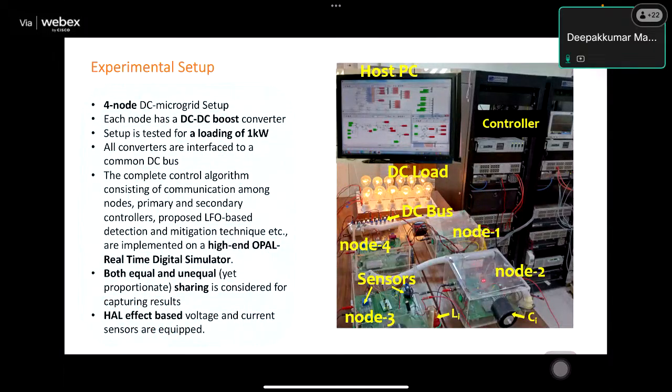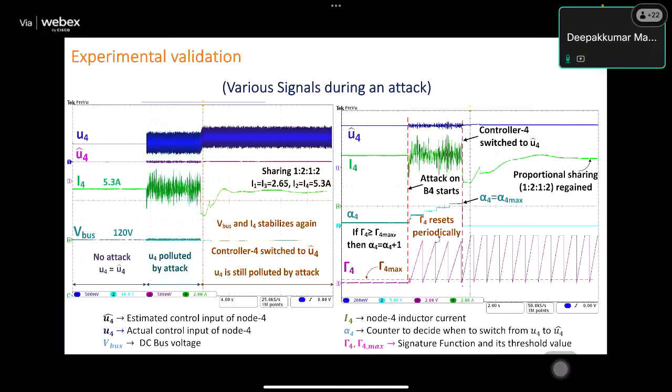We will briefly see how to evaluate this concept. We had 4 nodes and also a 1 kilowatt load. This is laboratory scale validation. We use the real-time simulator to control multiple DC to DC converters, all boost converters. And these are the experimental plots. Now you can see here that we have an attack on node number 4, so U4 is